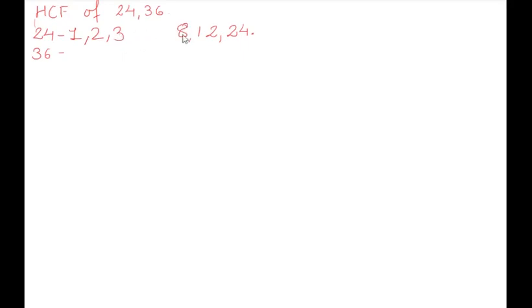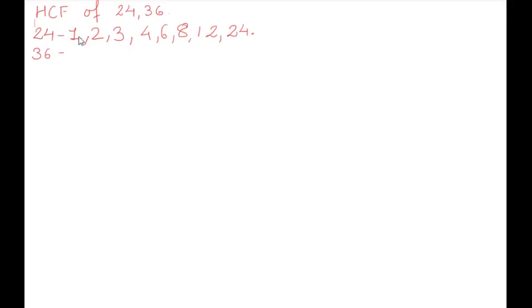Now, between 3 and 8, will it come in any other table? We will check. After 3, 4. Will it come in 4's table? Yes, 4 how much are? 4, 6 are. Now, between 4 and 6 we have only one number, 5. Will it come in 5's table? No. So, these are the factors of 24.